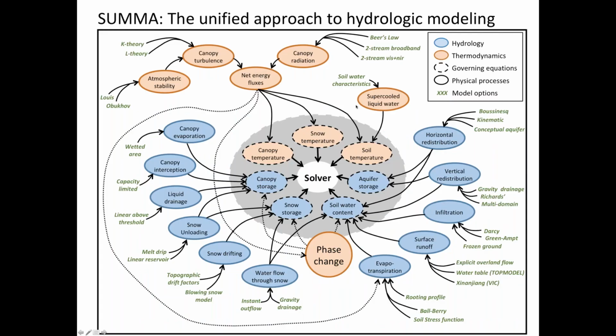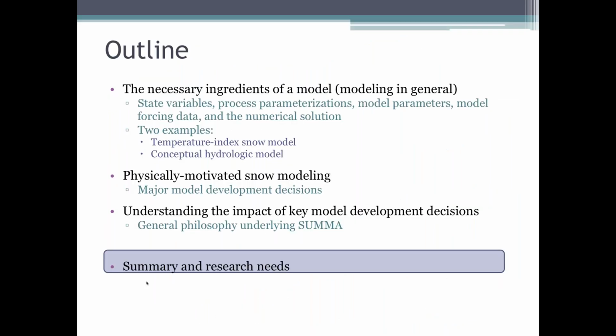So as we're nearing the end here, this you will see in the paper. This was what Martin calls his horrendogram. It's how he has organized the SUMMA model. It starts with a solver and the state variables in the center. It starts with the physics that are very well understood as governing equations about how each of these state variables change in space and time. And then outside it has a lot of different options where you can put in different ways that different models have parameterized different factors. And so we'll be going through some of these over the next weeks.